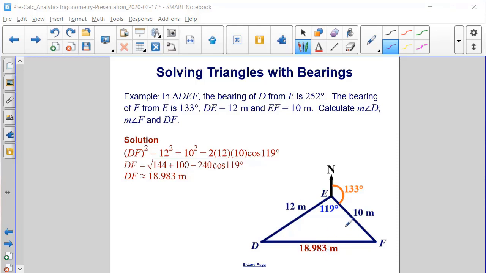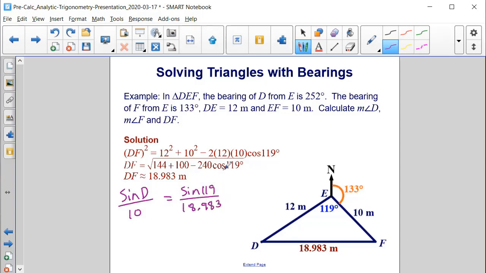So now we can use this information along with the law of sines to find the measurement of angle D and the measurement of angle F. Let's start with the measurement of angle D. So we have the sine of D over the side across from it, which is 10, is equal to the sine of E, which is 119, over